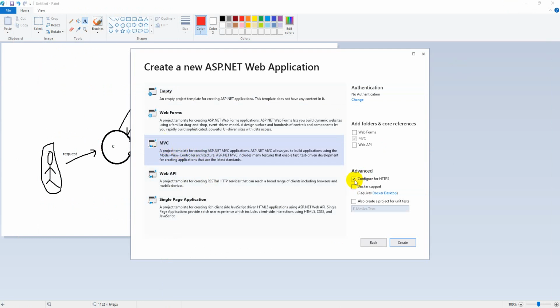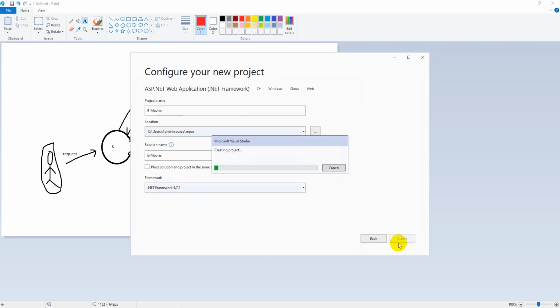In the advanced section, Configure for HTTPS will be enabled. Don't change this, let it stay enabled. Click on create.